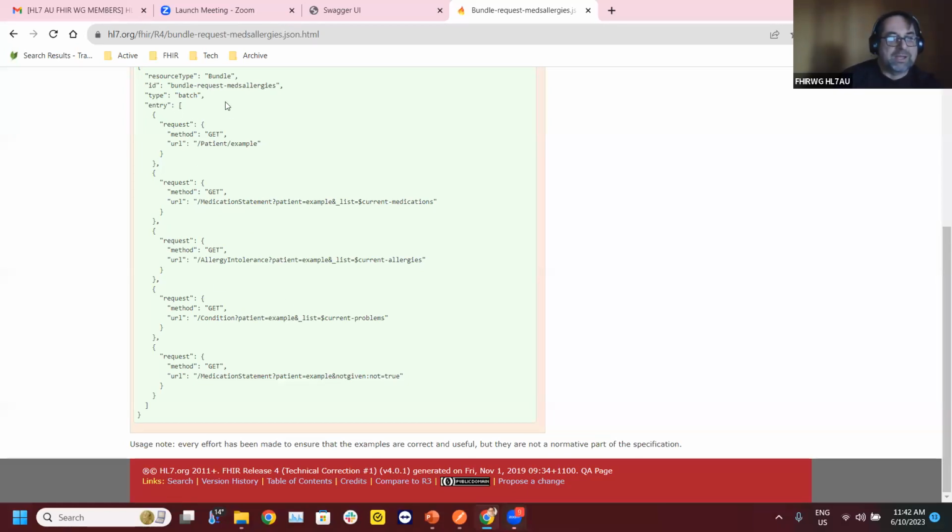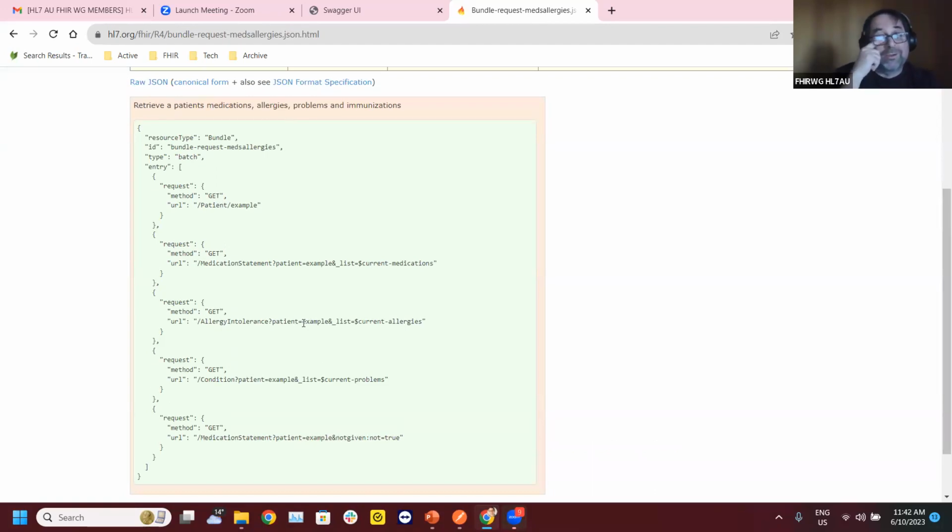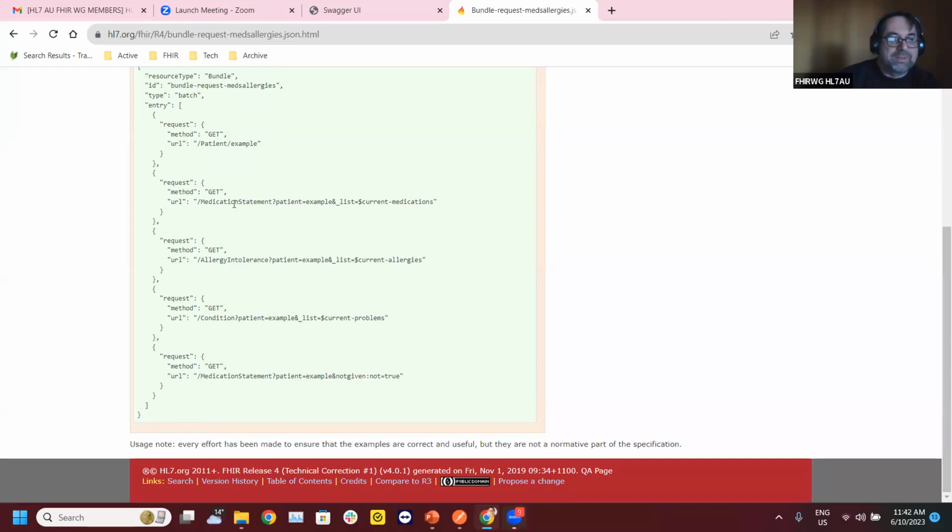It's also helpful, a batch get is a really useful thing to do if you have a whole set of resources that you want to pull together for a purpose. One of the common things we've talked about in various presentations is populating questionnaires, where we know we want to do a whole set of searches for a particular patient. So this is a good example of that, where we're getting the medication statements for a patient, the allergy intolerances for the same